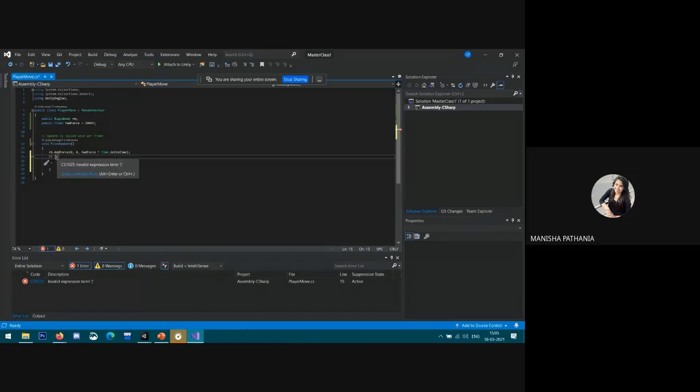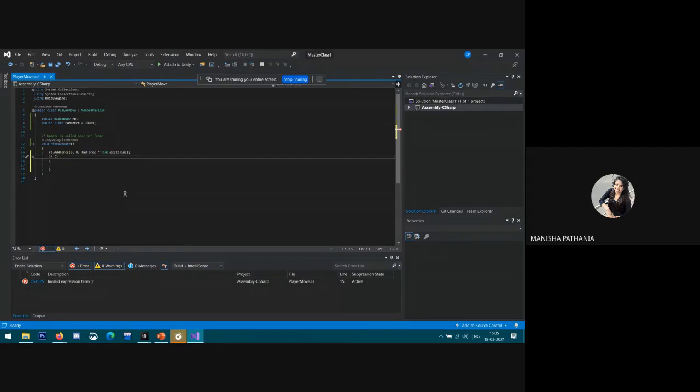So what I need to do now is, I want my game object to move in the left direction and the right direction also. When I click on a particular key, it will move to the right direction. When I click on, suppose, A, then it will move to the left direction. So how can we do that?